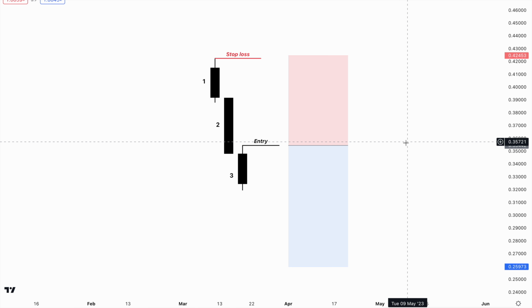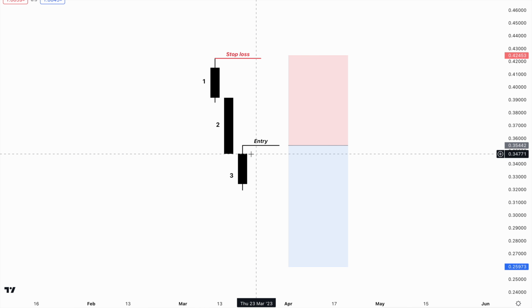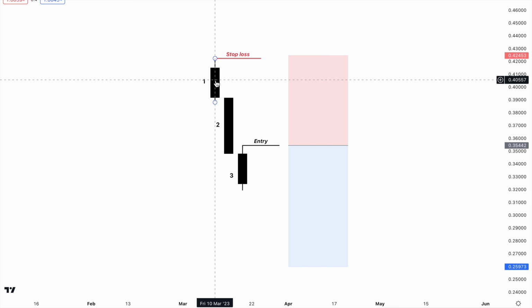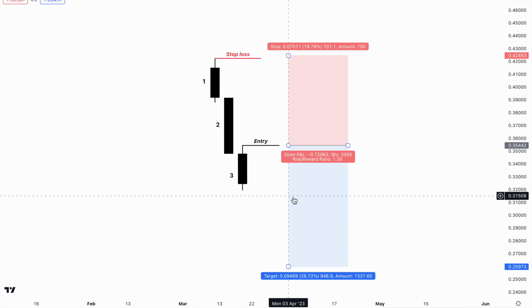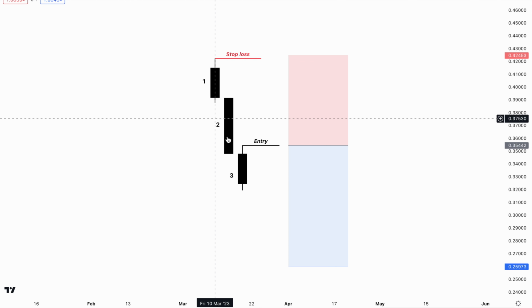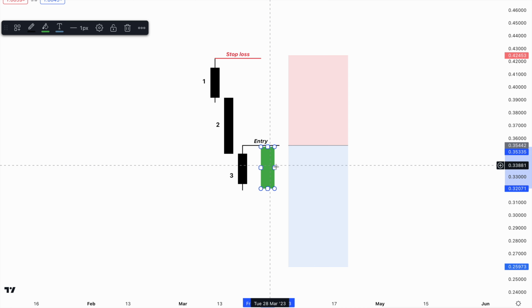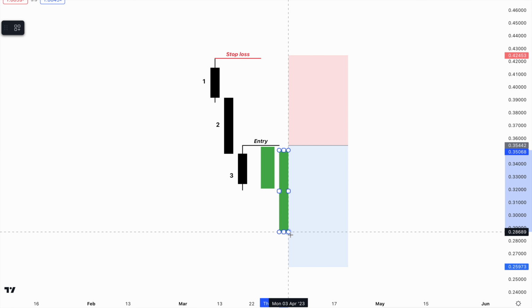Now, when we're looking for trading with the fair value gap, what we're looking for is our entry at the high of when the fair value gap is created, and our stop loss will be on top of candle 1. This gives a protected stop and an enough risk to reward to target. When this fair value gap forms, we would expect price to hang around a bit maybe, and then eventually go up here and then go down